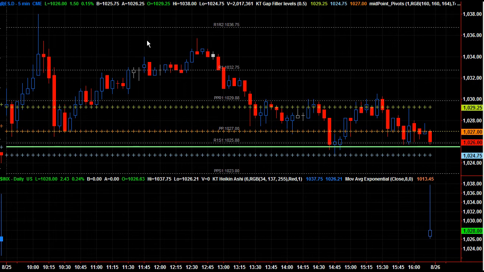What we've got on this chart is pivot points, the open, the half gap fill, and the gap fill. And I've put one other thing on today's chart just so I can show you, and that is the green solid line you see here. That is the point of control from the market profile. Today it was